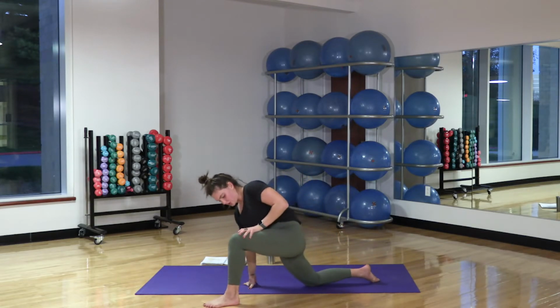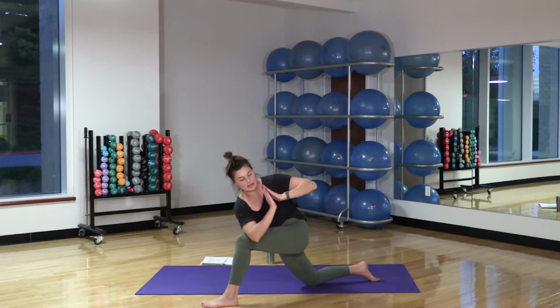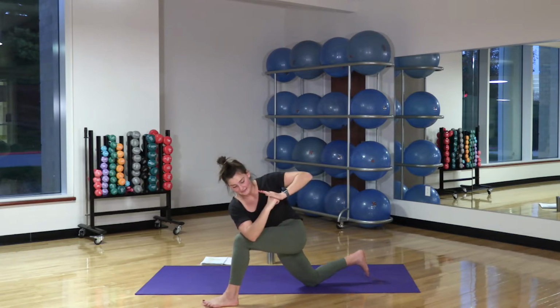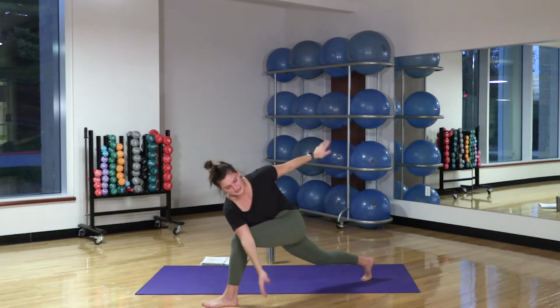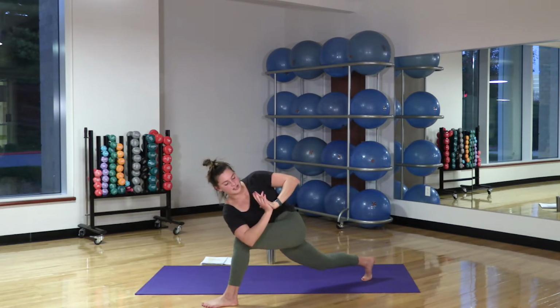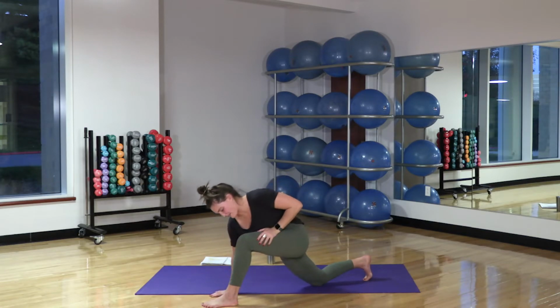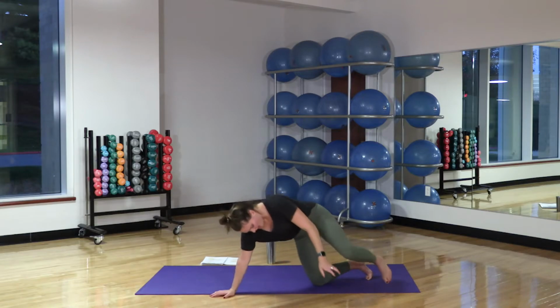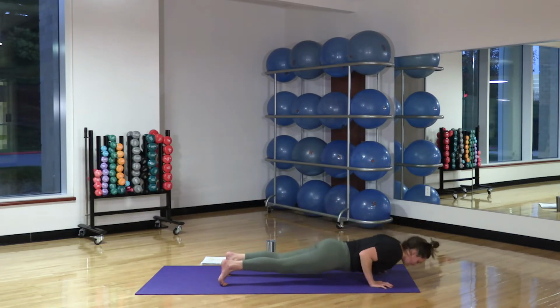So maybe that's starting to walk your right elbow to the outside of your left knee, maybe bringing your hands in yoga mudra, maybe making that fist with your bottom hand, maybe coming off the backs of the toes, extending, binding, whatever's in your practice. Making sure to open up your heart center. And whenever you're ready, coming back, planting your hands beside your left foot, stepping back through your high plank,